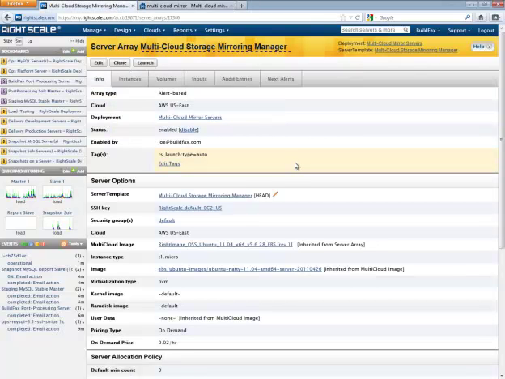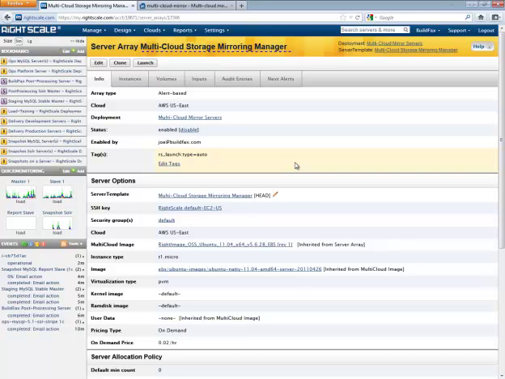So I'm looking here at my RightScale control panel, and I'm looking at a server array. So ordinarily a server array, like on Amazon, would be thought of as I'm going to have some number of servers that are going to be running all the time, and then I want to scale up or scale down depending upon load. But another idea for server arrays is if you wanted to run a job every once in a while, like let's say I wanted to mirror my S3 bucket to a CloudFiles bucket twice a day, then